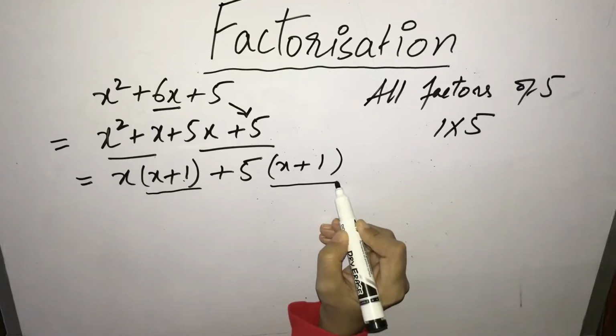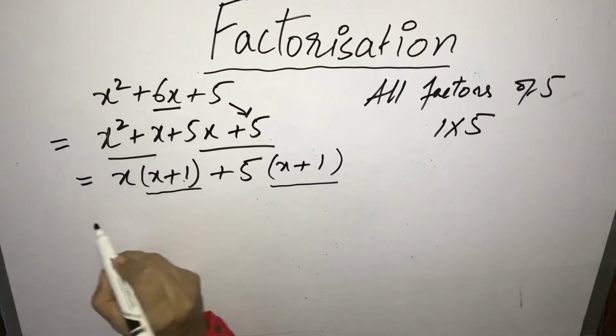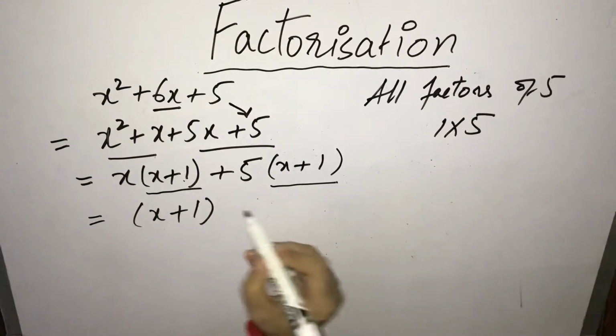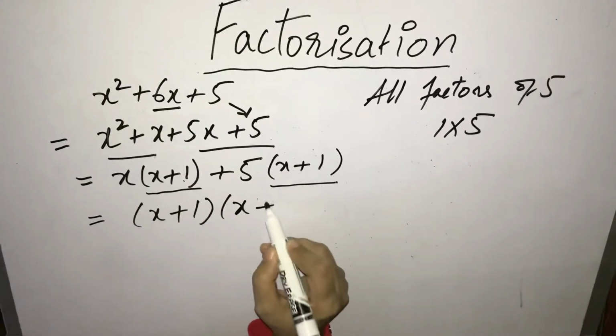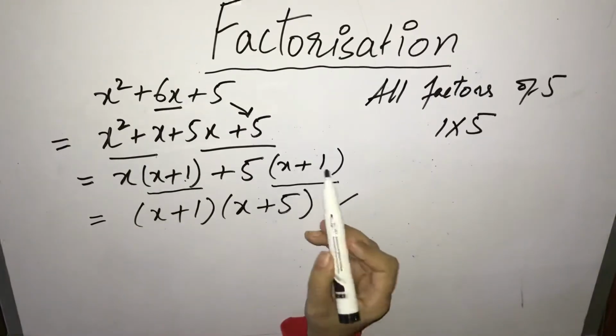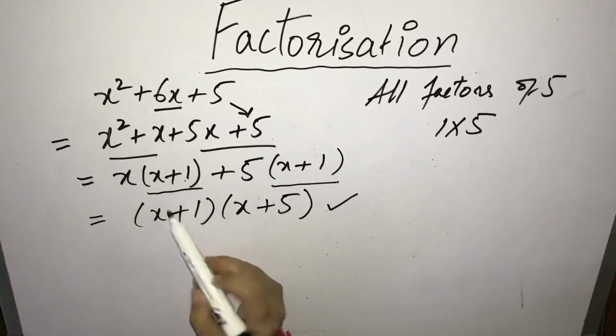This bracket should be same. If it is same, then your working is right. If this bracket is not same, it means you are doing wrong. Now this is the answer, x plus 1, the common bracket you have taken in the start, and the remaining